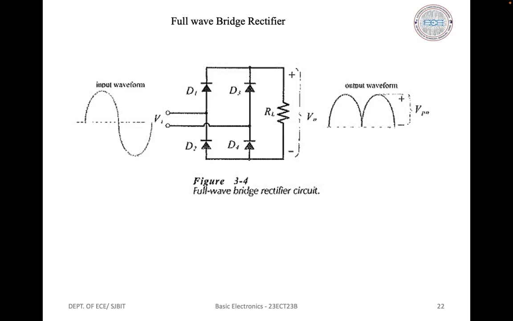So figures C and D show that diodes D2 and D3 are forward biased during the negative half cycle of the input waveform, while D1 and D4 are reverse biased. Although the input terminal polarity is reversed, IL again flows through RL from top to bottom via D3 and D2. It is seen that during both half cycles of the input, the output terminal polarity is always positive at the top of RL and negative at the bottom. Both positive and negative half cycles of the input are passed to the output. The negative half cycles are inverted so that the output is a continuous series of positive half cycles of sinusoidal